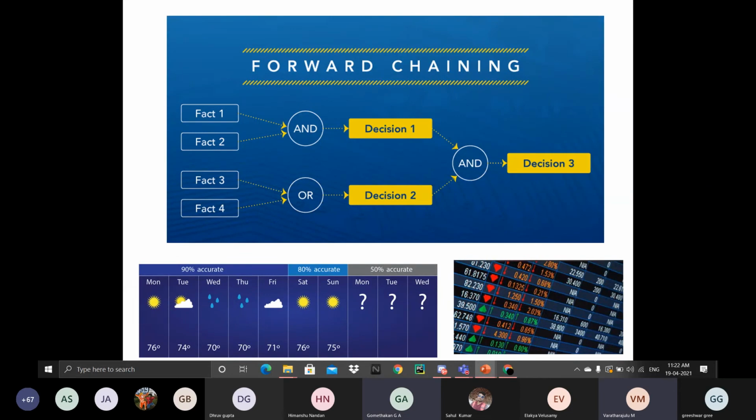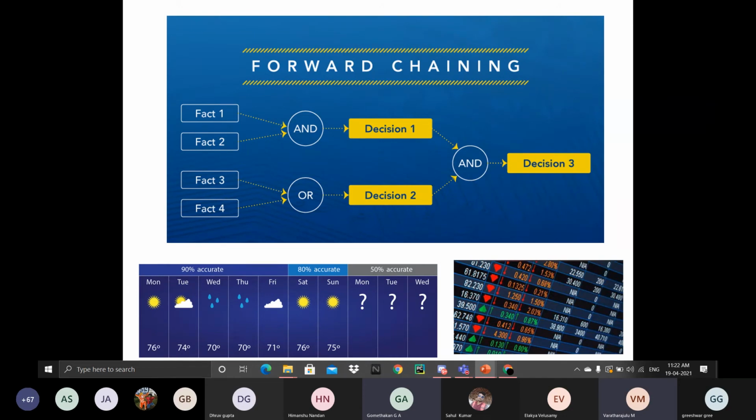Here you can see in the first picture, it shows the forward chaining. On the left side, you can see fact 1, fact 2, fact 3, and fact 4. These are various facts. Considering all these facts, from a chain of conditions and derivation, the expert system deduces an outcome. Then it sorts them before arriving at a conclusion, in terms of arriving at a suitable solution.